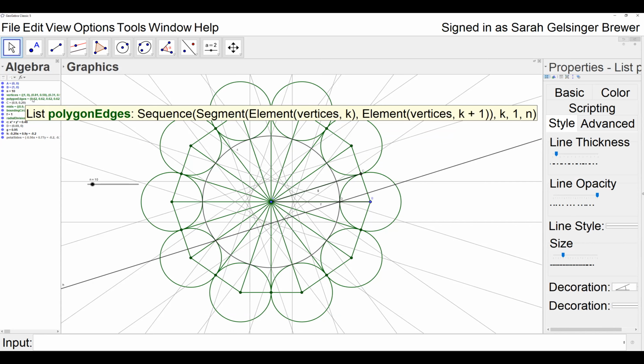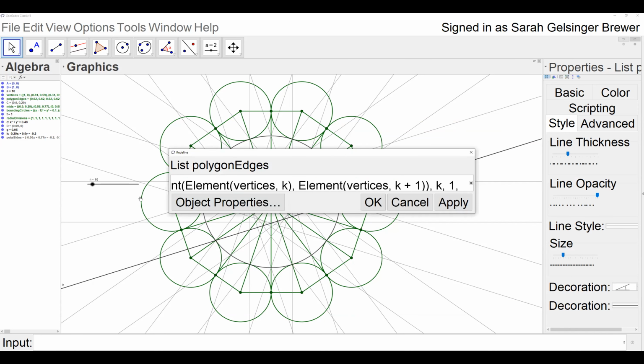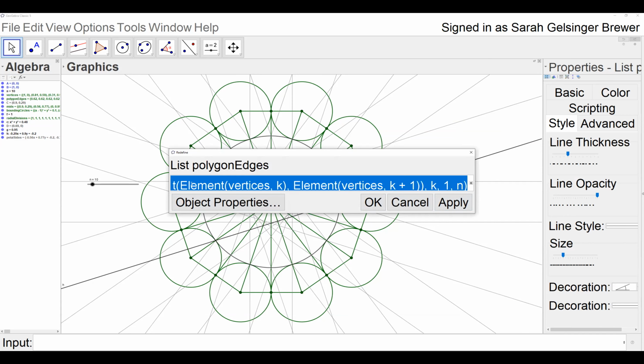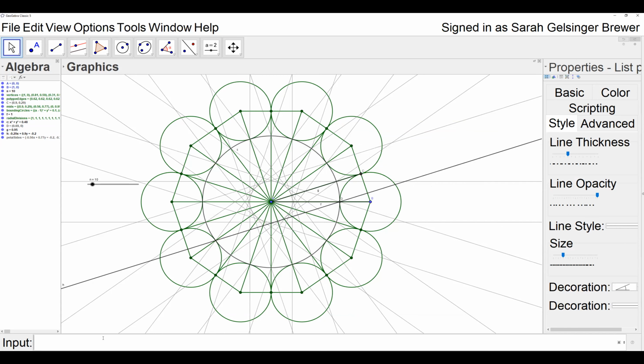Actually, I kind of want to be lazy here and just copy and paste my definition of polygon edges. So I double clicked on my polygon edges, which is L3, and I'm pressing Control A, Control C to select all and copy. And then down here, I'm going to call this,